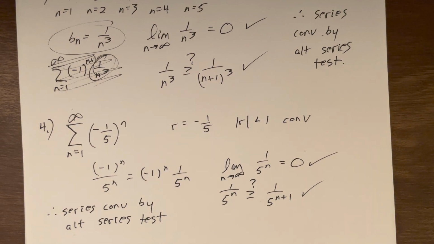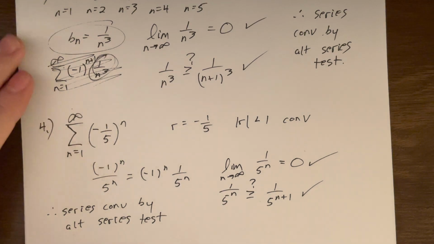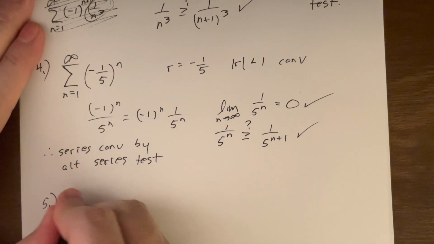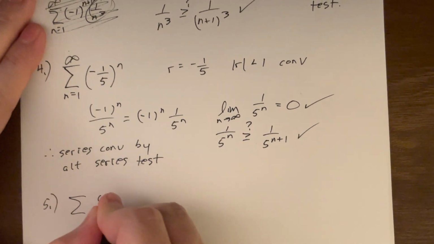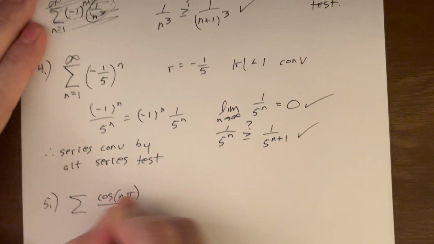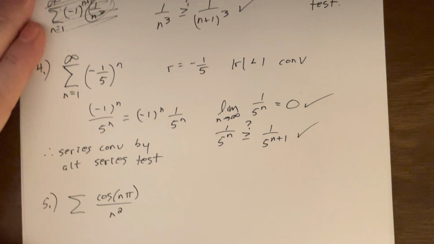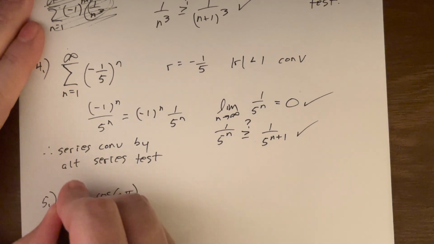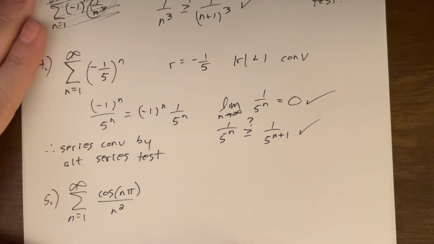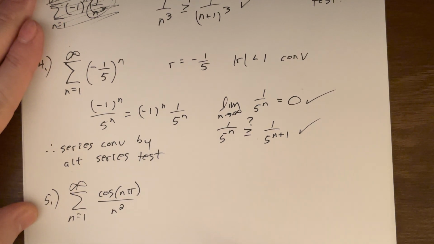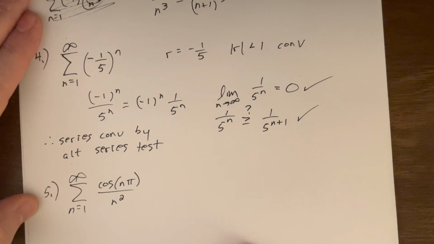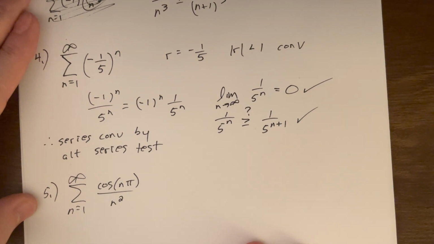Okay, last one, number 5. Let's look at the series cosine of n pi over n squared. Definitely not obvious. And this is where another reminder: when things are really not obvious and you don't know